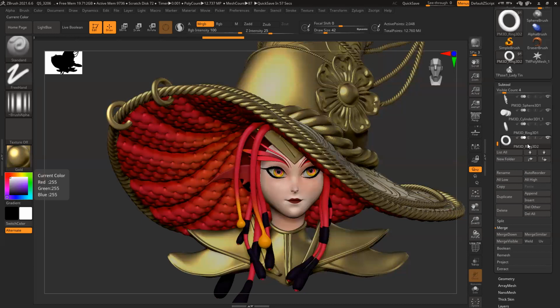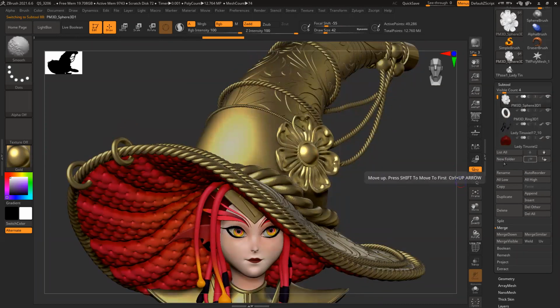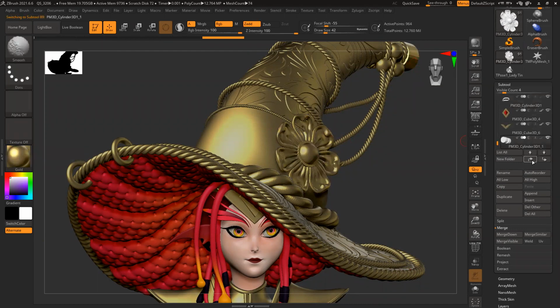Okay, so this one move up, this ring move up, this flower move up, then this thing also move up.